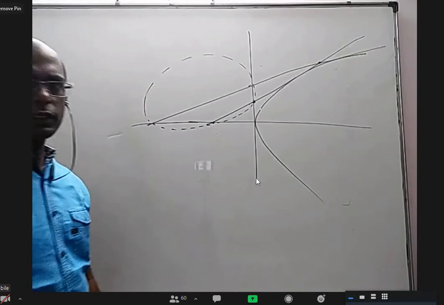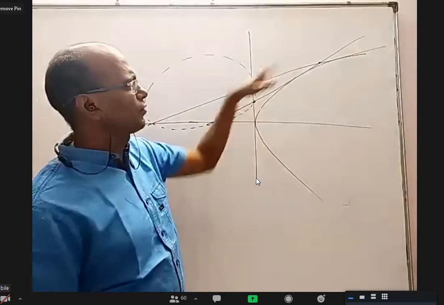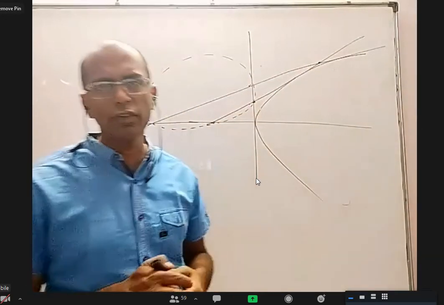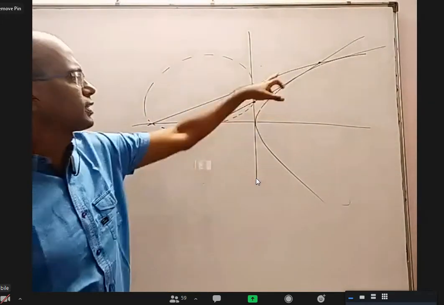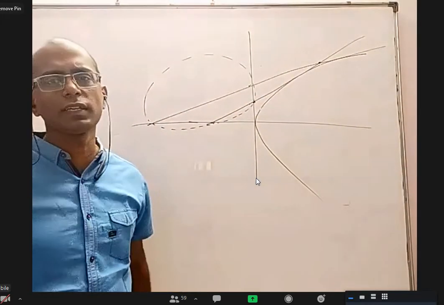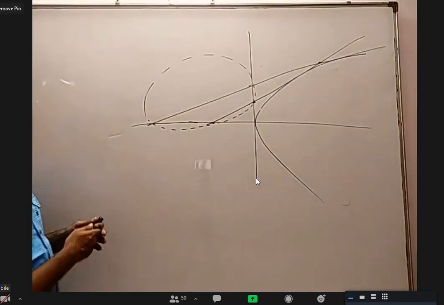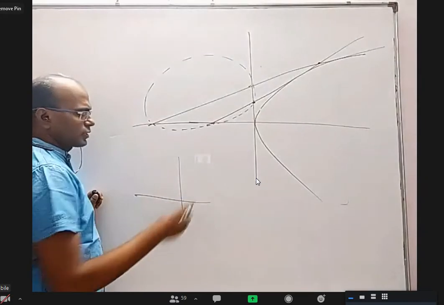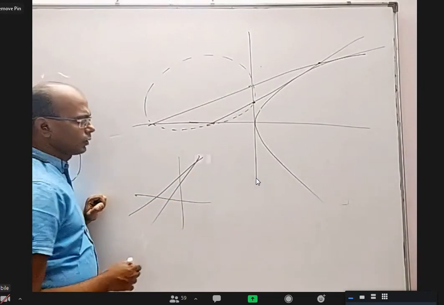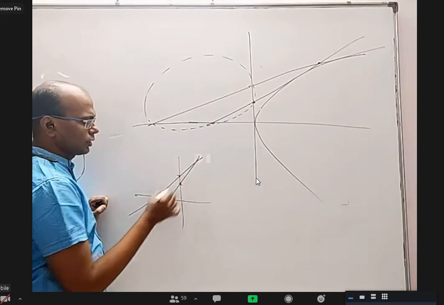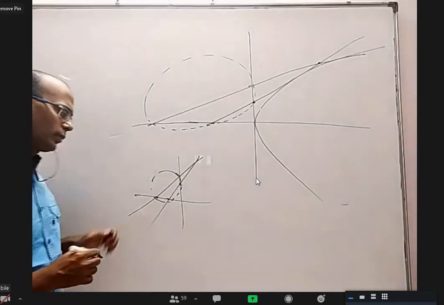One method would be, I'll take this point as x1, y1. From an external point, if you draw two tangents, their combined equation, I have a formula: S1 square equal to S into S11. So this line and this line, the combined pair of lines equation is S1 square equal to S into S11. Now, I have x-axis, y-axis, I have a pair of lines equation. Then how to know that their x-intercepts and y-intercepts, these four, are forming a circle?